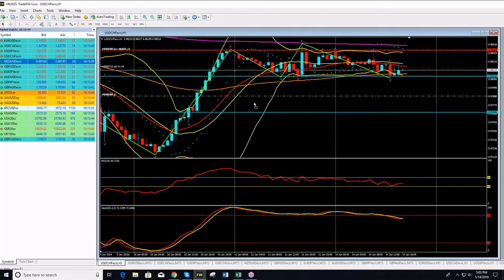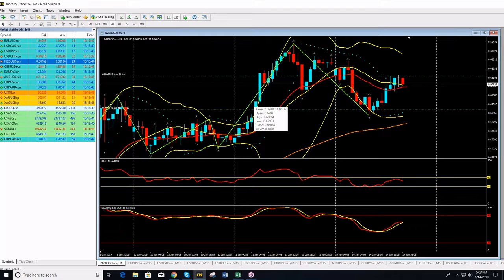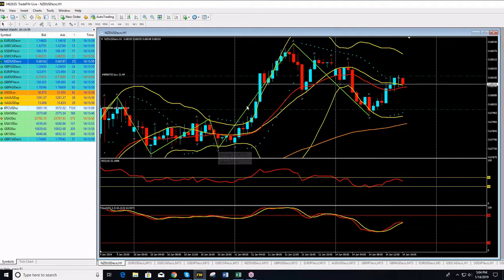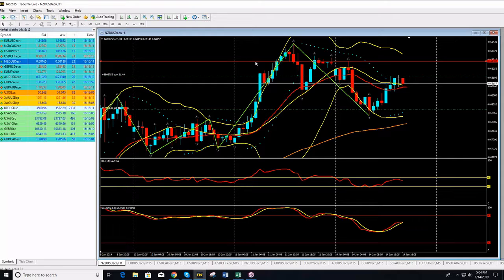Let's go to the next one. Kiwi. A very interesting pattern on the Kiwi, guys. I will concentrate now. I will split the chart into two parts. The first part is this upside move, and the second part is this downside move. Let me start straightforward from resistance levels first. Remember that the resistance levels are above the current market price, and the first resistance level I can see is this one,